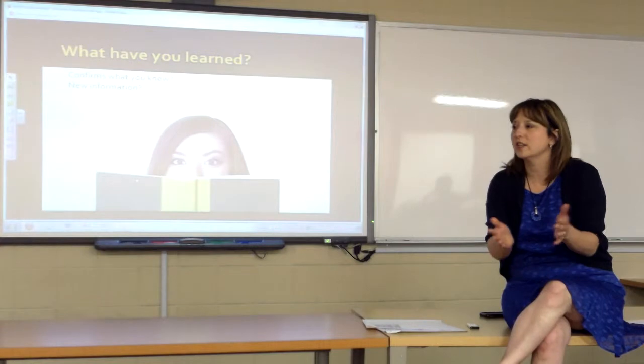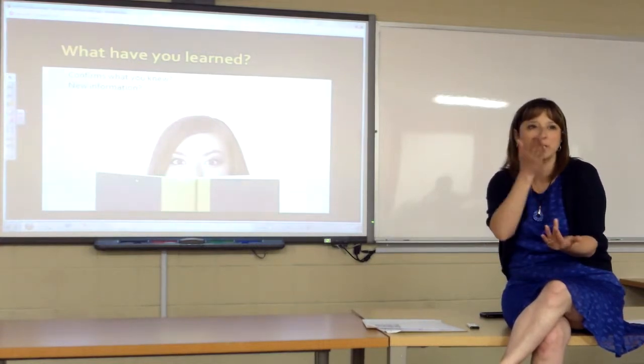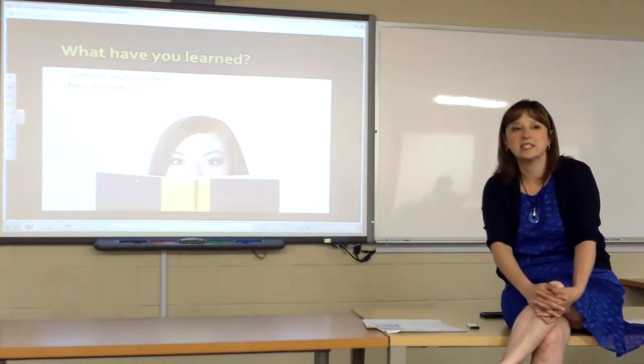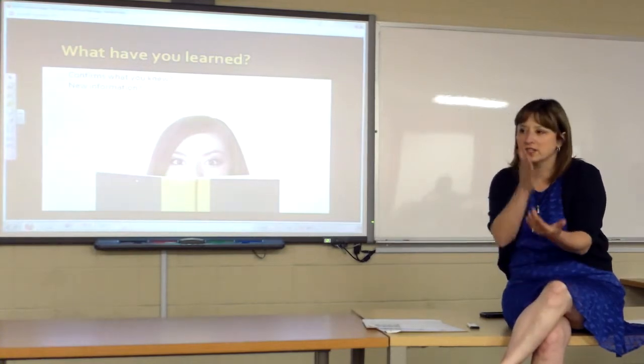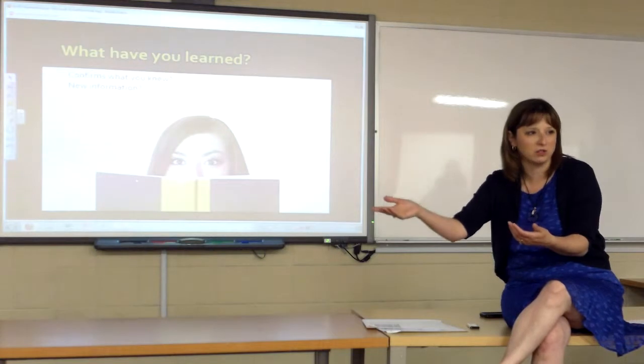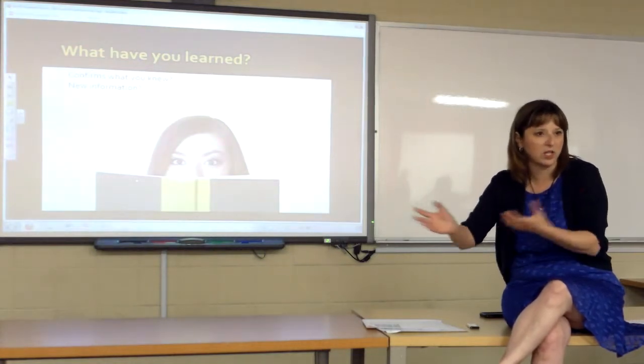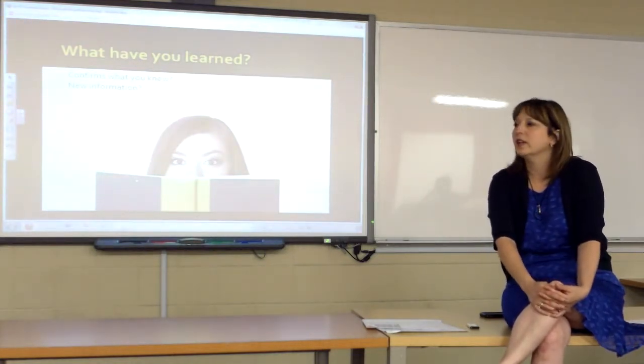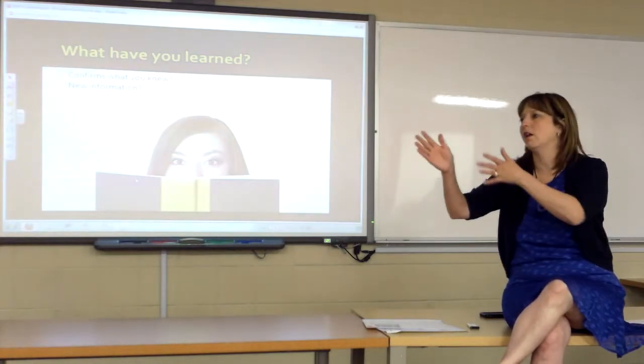The writers of the standards have actually said to us, concepts come first. Concepts tell us how to sequence our unit. The conceptual expectations lead to the procedural expectations, which lead to the applications, because we need them all. So what level are we getting to? Well, if we're getting to the application level, we need it all.